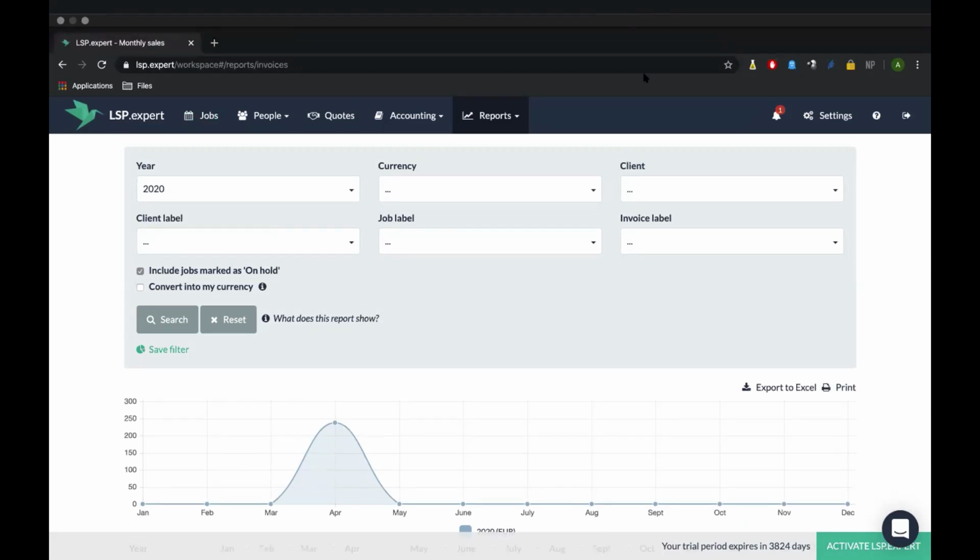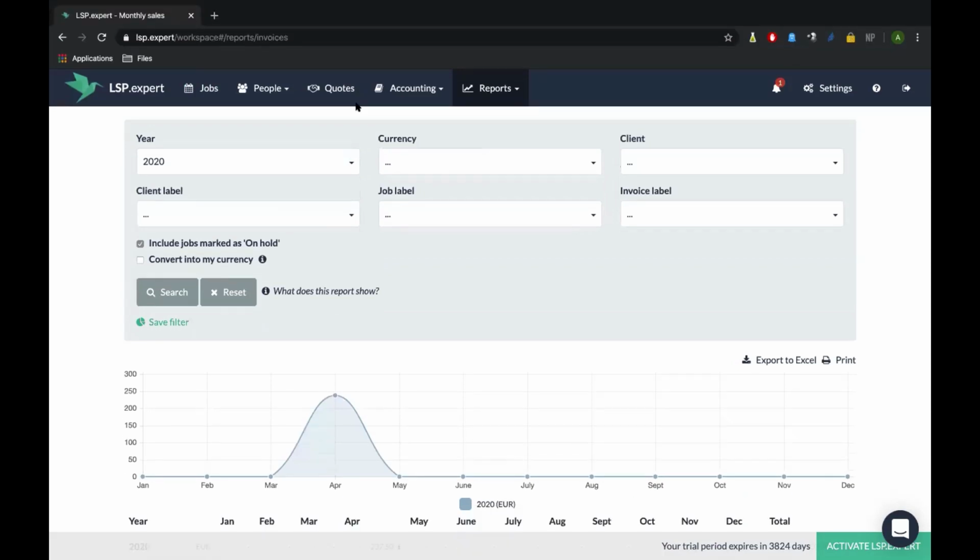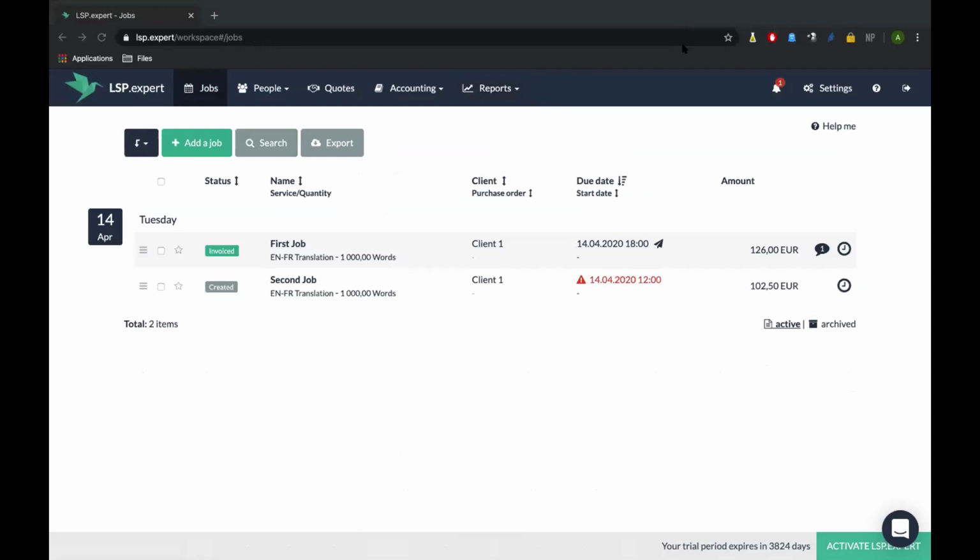Okay, I'll go back to my jobs and your questions just to see where we're at. Yes, I can show you about time tracking. I'm going to do that. Okay, so you can change the decimal divider. You can use a full stop instead of a comma. You just have to choose it in your settings.